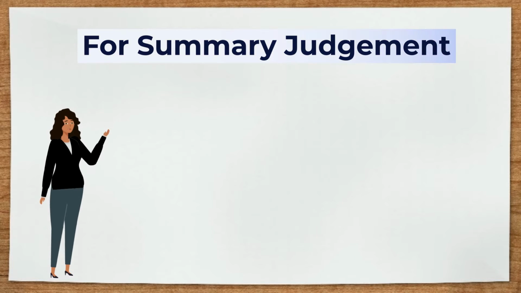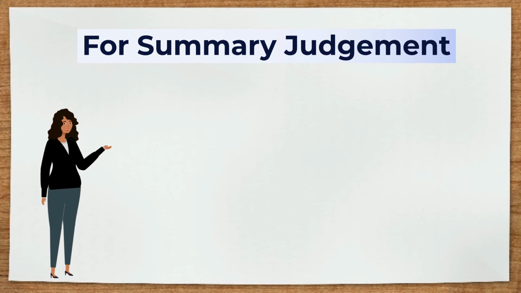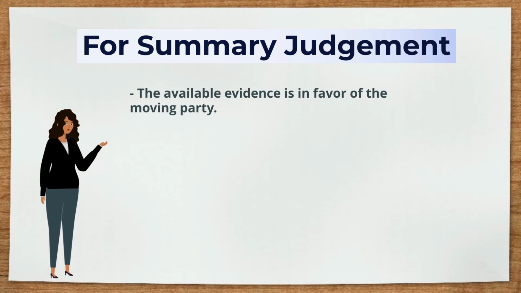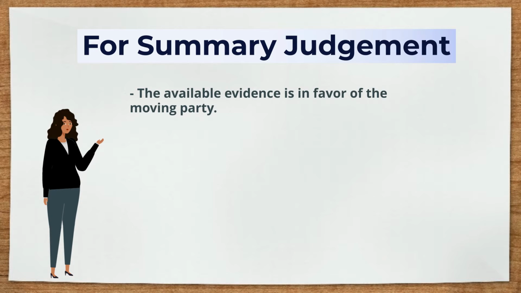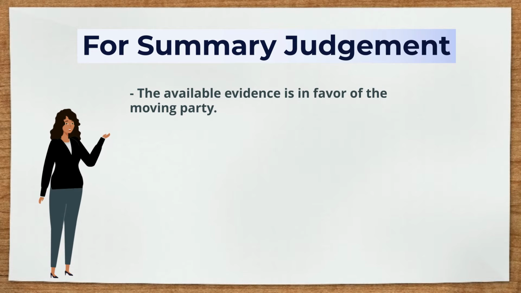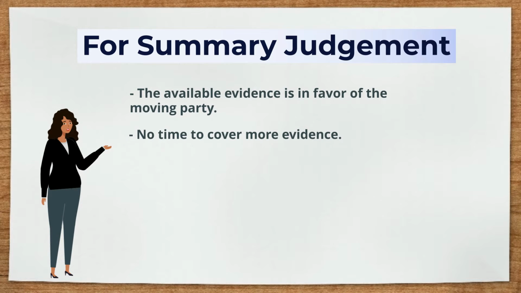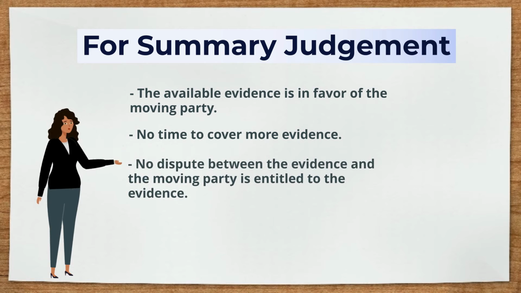2. For summary judgment. A motion for summary judgment asks the court to decide that the available evidence, even if given by the opposition, is in favor of the moving party. This motion is normally raised when there isn't enough time to cover more evidence. The motion can only be granted if there is no dispute between the evidence and the moving party is entitled